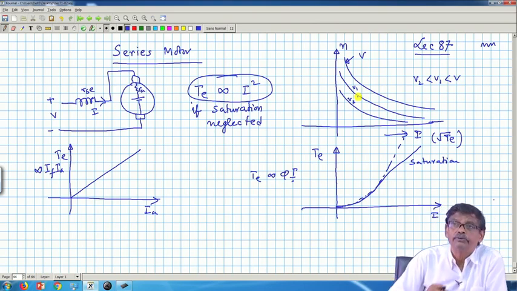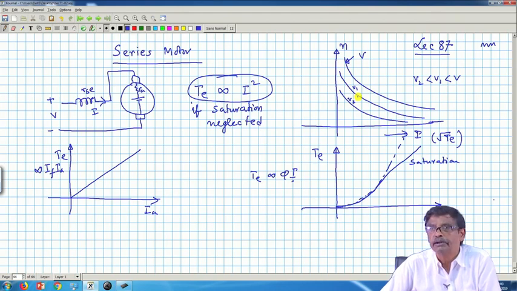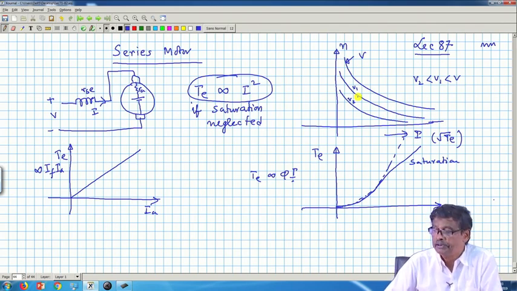Now, in case of shunt motor, what did we do? To control the speed below the base value, we control the armature voltage. I connected the motor as a separately excited motor, and varied the armature voltage to control the speed below the base speed. Above the base speed, one could increase the armature voltage, no doubt, but armature voltage has got a rated value. Up to that only I will be able to control the voltage.